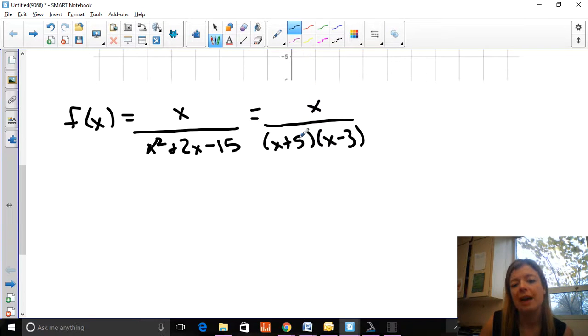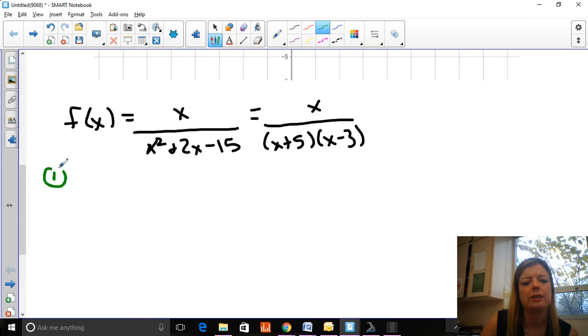Phew, I'm good. I notice that it's bottom heavy, so it's going to have a horizontal asymptote. And there's no common factors, so it won't have any holes. So my first step is to look for any of the discontinuities. So I'm going to have vertical asymptotes at x equals -5